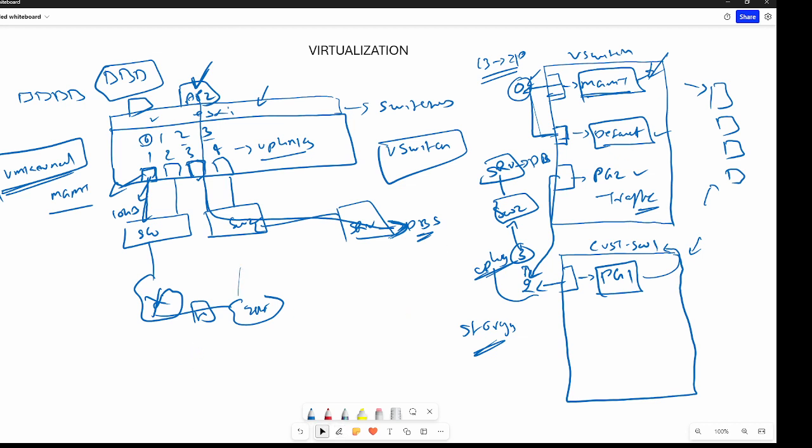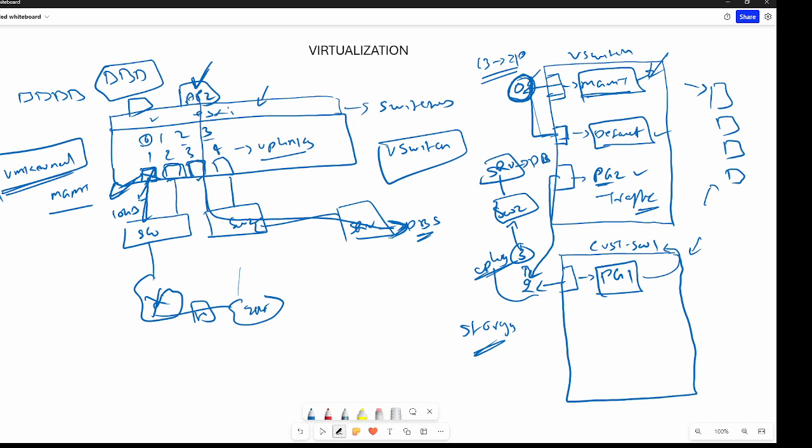Yes, uplinks, that's what I'm trying to explain here. So this one I said is the management, right? Now if this port goes down, only the machines which are connected to this port group or uplink, only the machines connected to uplink 0 will go down. The other three, if you have them, you see that here PG2 is connected to a different uplink, so that machine will not go down because it already has access. So if this goes down, only those particular machines connected to that port group will go down. Otherwise, all the remaining will still be running.